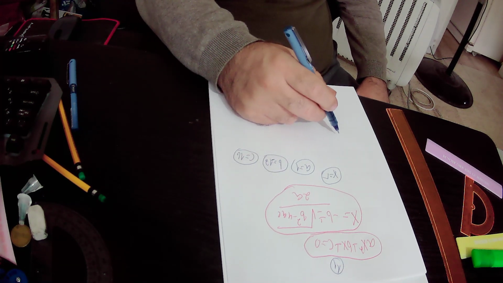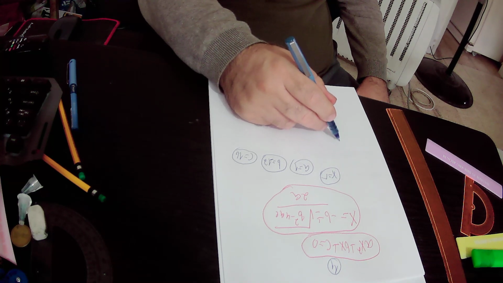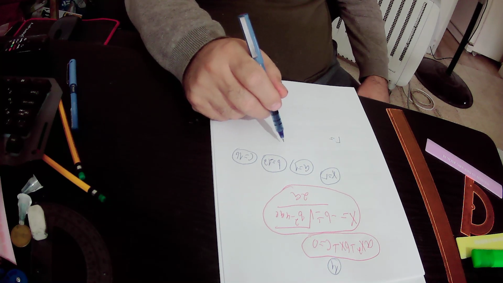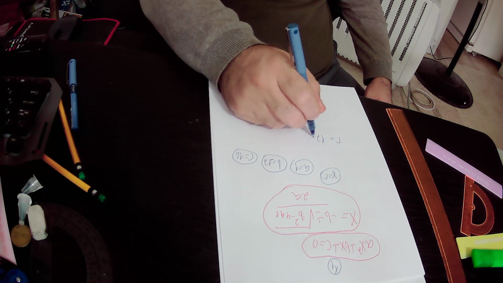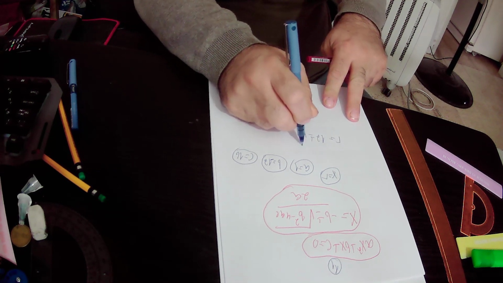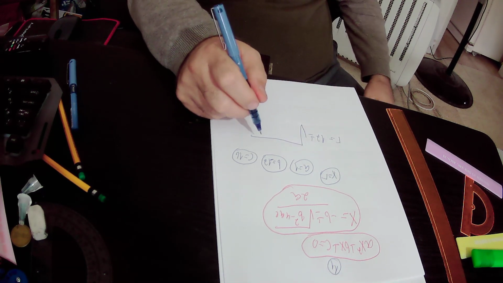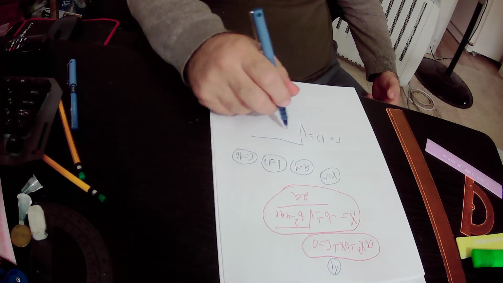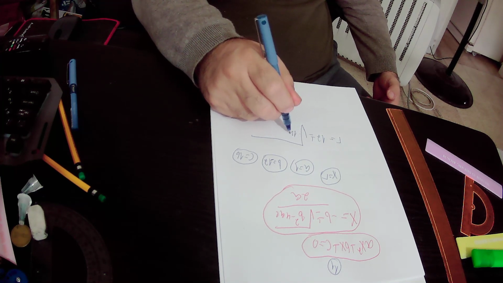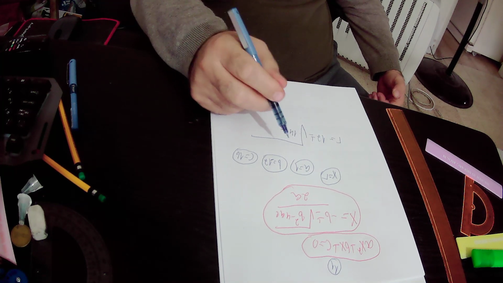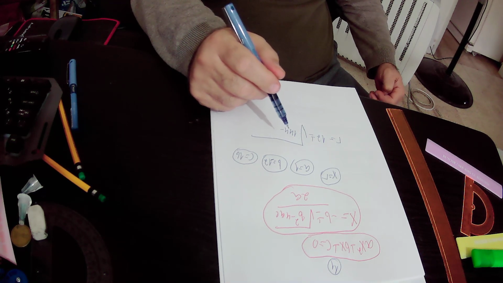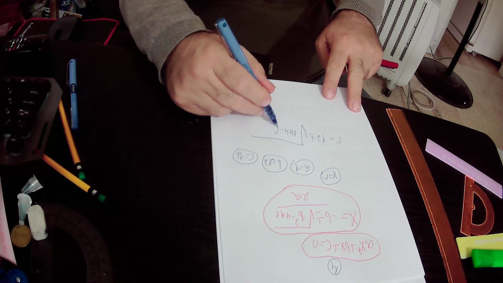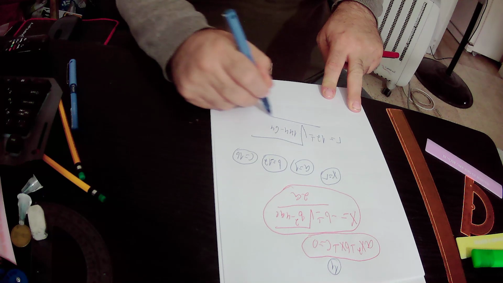So r equals minus b, and b equals minus 12, so minus minus 12 is plus 12, plus minus the root of b squared, which is 12 squared, that is 144, minus 4 times a, which is 1, 4 times 1 is 4, and 4 times 16 is 64,